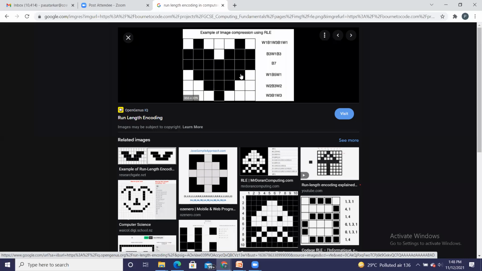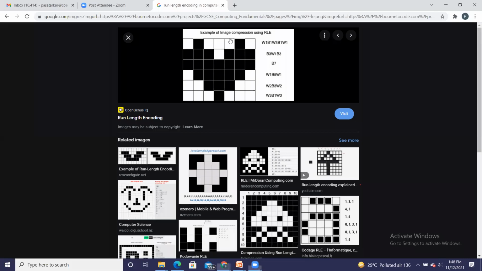So 7 into 6. To store this particular image, I require a total of 42 bytes, 7 horizontal and 6 vertical.